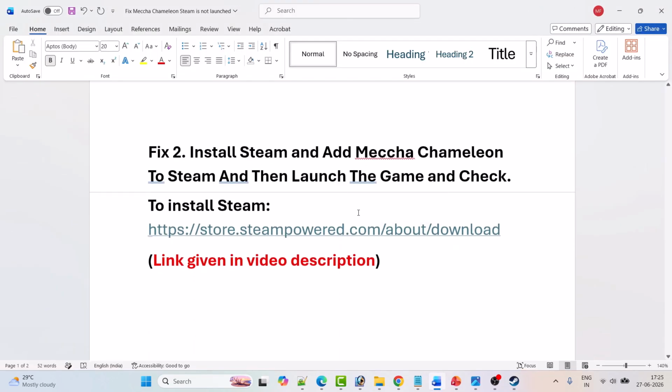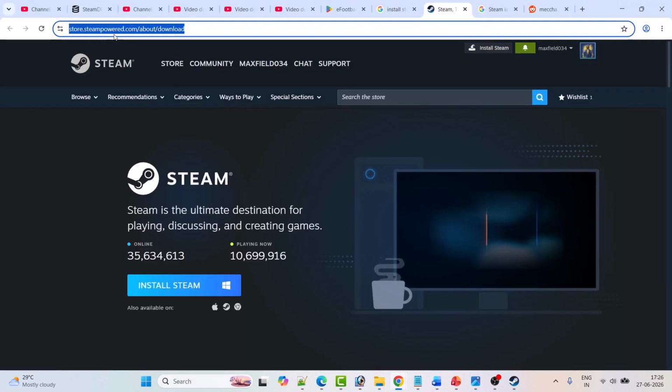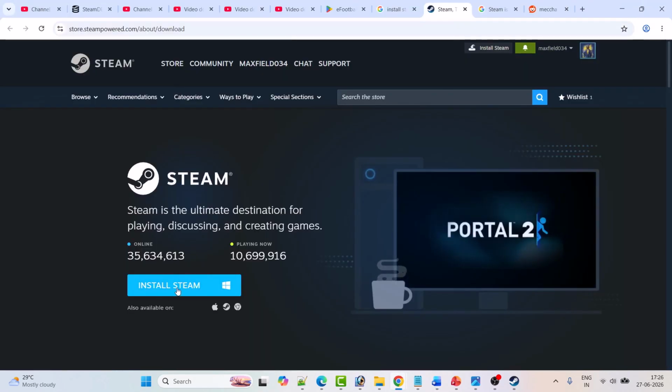Now if your problem is still not solved, and if you do not have Steam, then you can install Steam, then add Meccha Chameleon to Steam, and then launch the game and check. So to install Steam, go to this Steam website. The link is provided in my video description. And once you're on this Steam website, click on install Steam